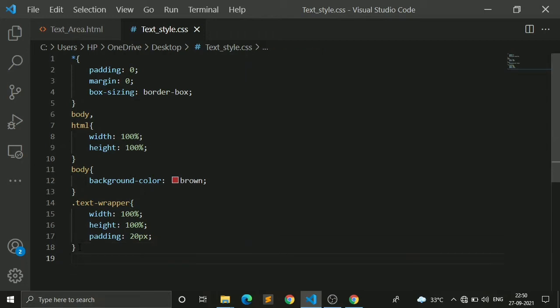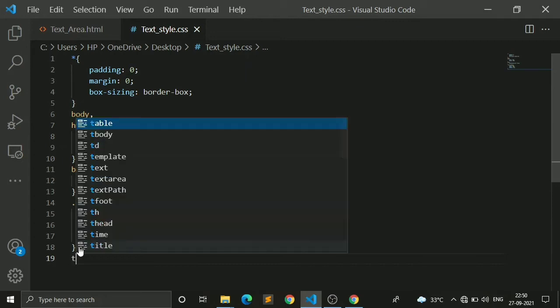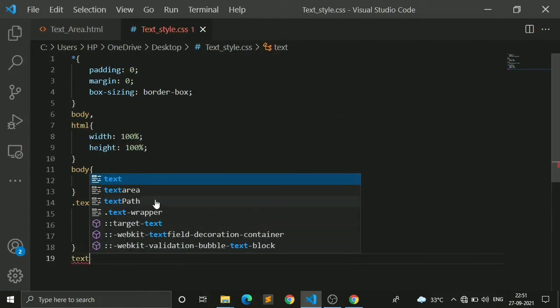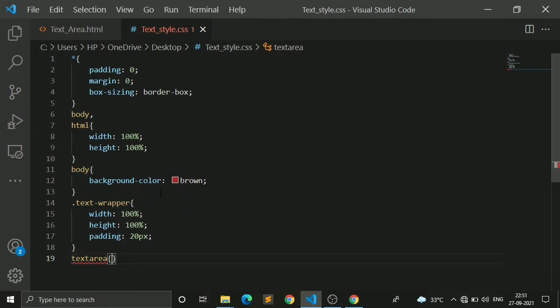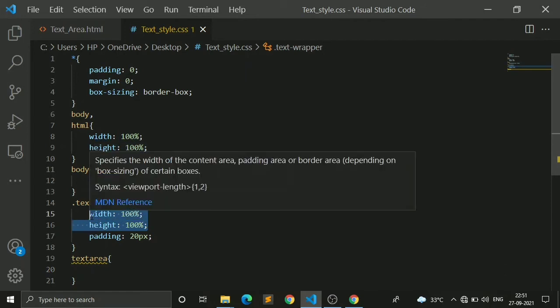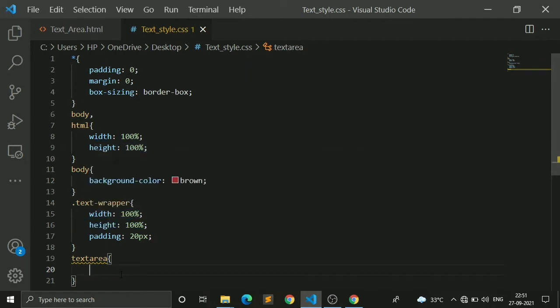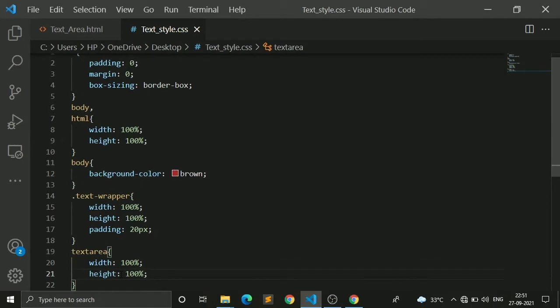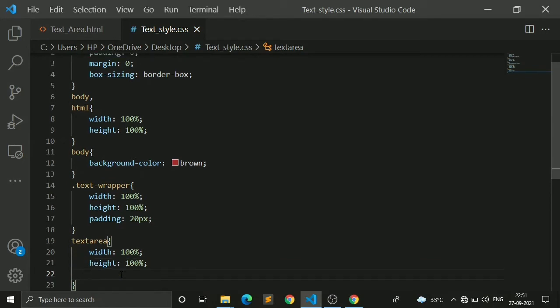So next I will select the textarea, so I will apply some CSS properties here, and here also width and height equal to 100%, so I will give a height and a width of 100%, and next I will give a padding.